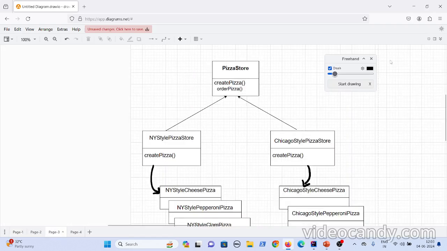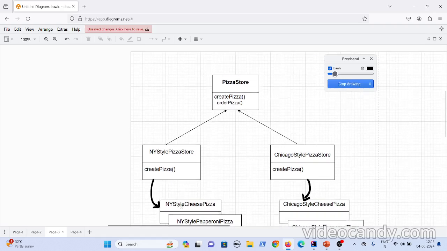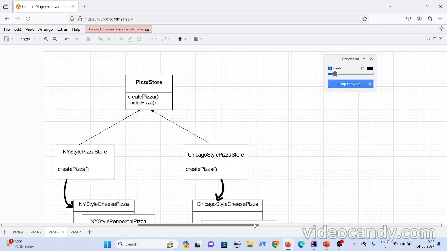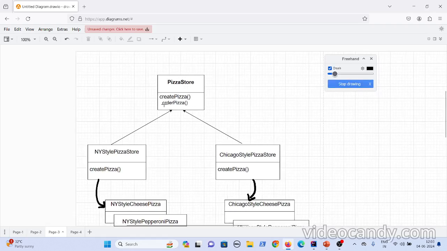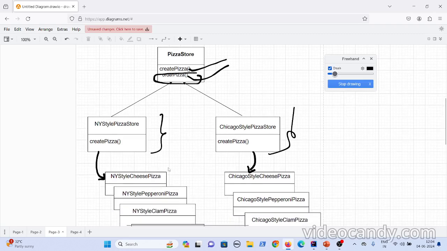Now if you look here, you have your pizza store class, and the order pizza method implementation is provided in the pizza store. If New York style wants to change this implementation, it can do it in its own class. But you have made the create pizza method abstract, so that New York style pizza can create all these pizzas.